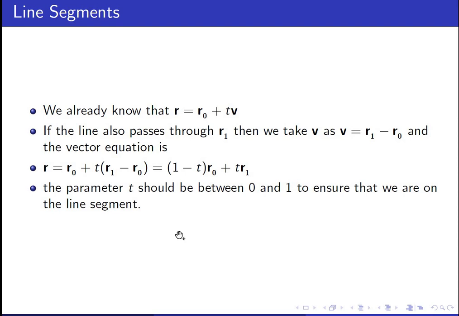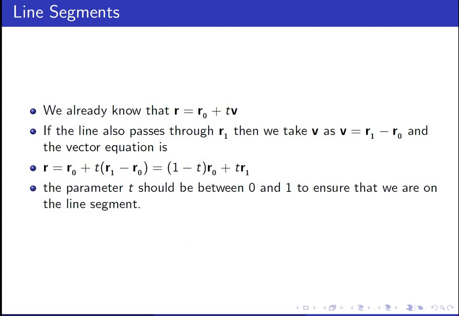Okay, so we have more on line segments, right? At this stage, we know that the equation of a line can be given as r is equal to r naught plus tv on R3. So if our line also passes through r1, then we take the direction as r1 minus r naught, right? And the vector equation can be written as r is equal to r naught plus t